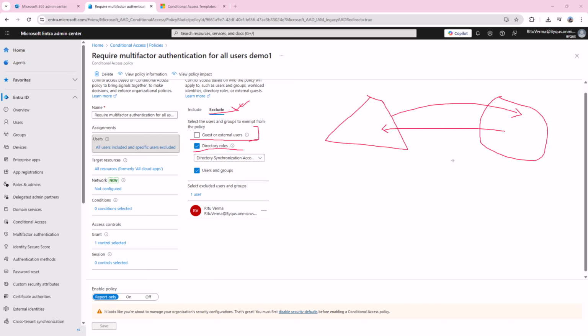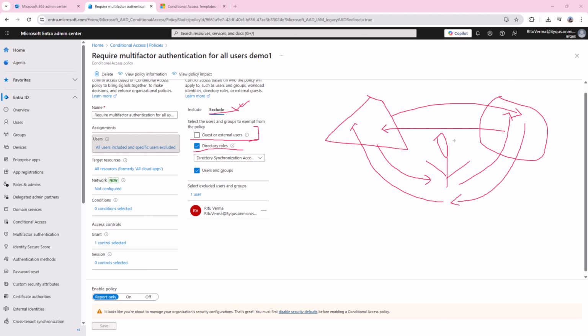So what acts in between? In between, there is a user account that acts. It will take the identities from here and send the changes here, or it will take it from here and send it here.